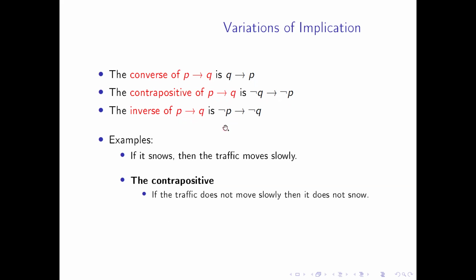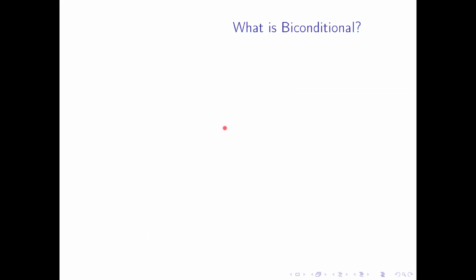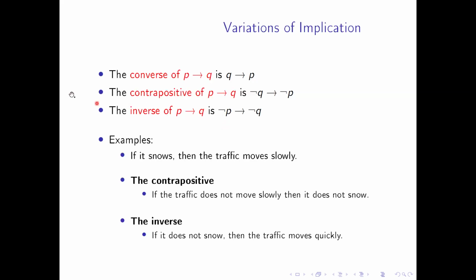Okay, we could actually take that to be true. The inverse, again, I keep them in the same order, but I negate them. So if it does not snow, then traffic moves quickly, the opposite of slowly. So we get these ideas, we can move through it and practice. And the big thing about this, and I'll just tell you right now, spoiler alert, is that these two,